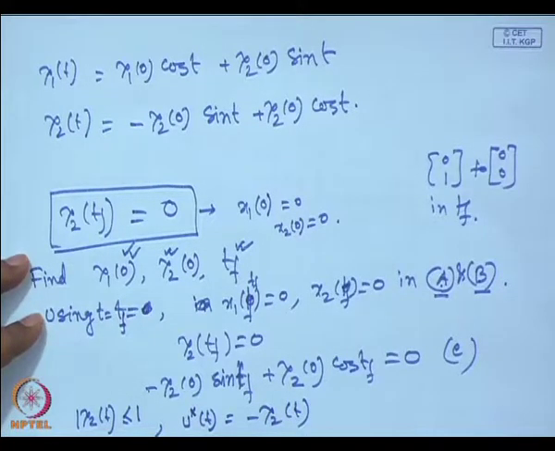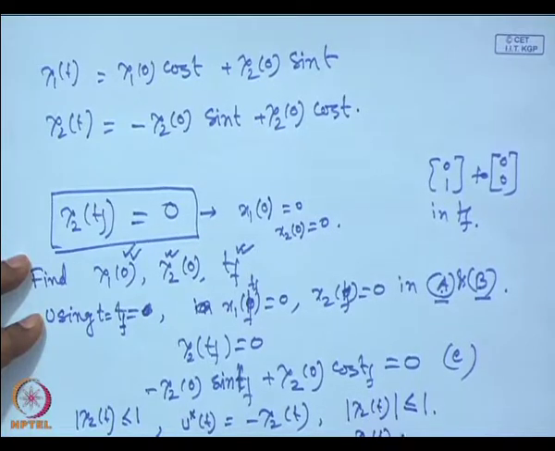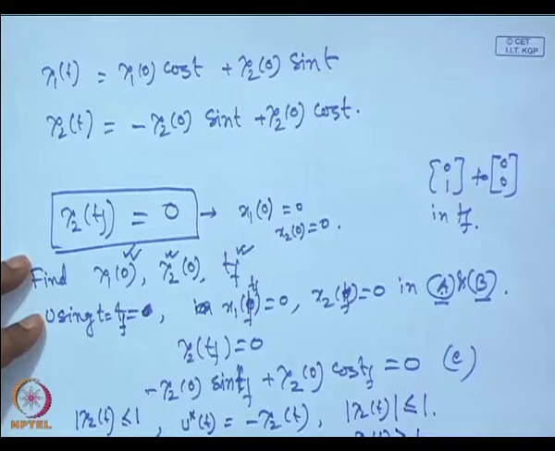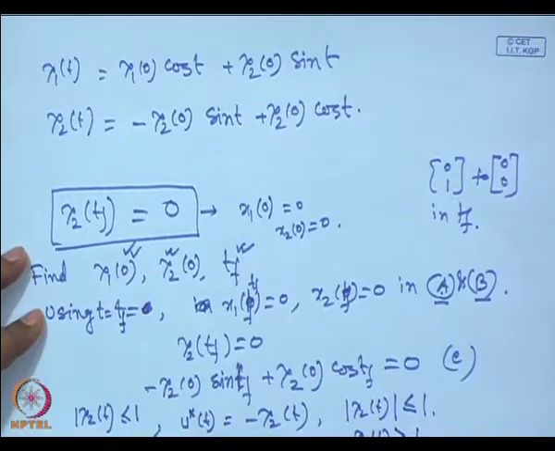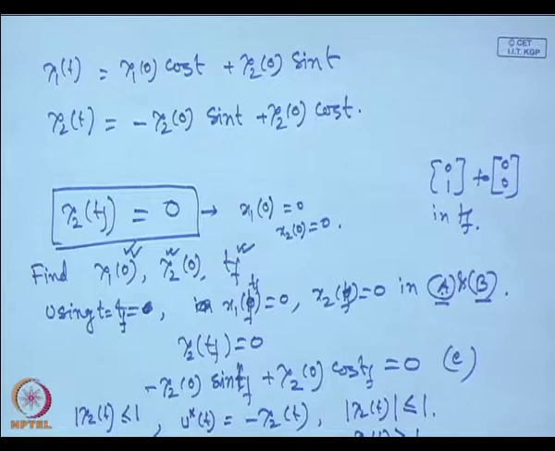Agree? Then when it is greater than 1, this is when mod of lambda 2 is less than or equal to 1. Then u is equal to minus 1 when lambda 2 of t is greater than 1, and you will switch to 1 when lambda 2 is less than minus 1. See that equation; according to this, we have just switched this one. If you recollect this one,